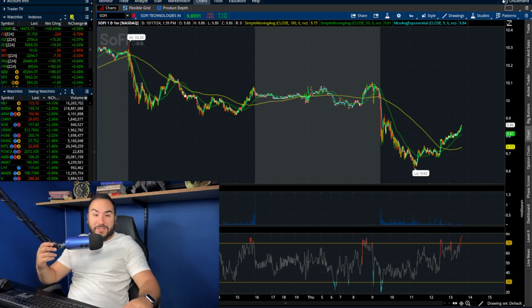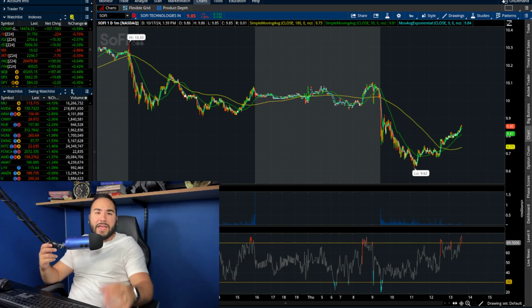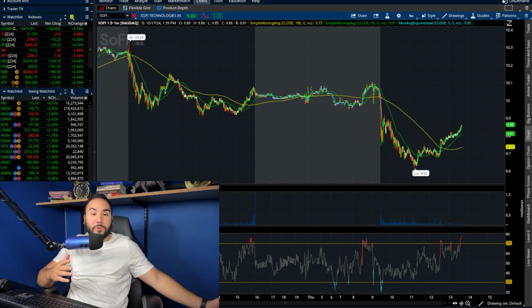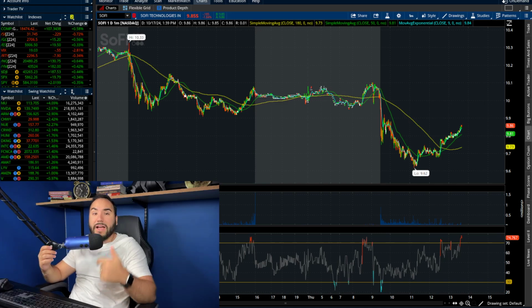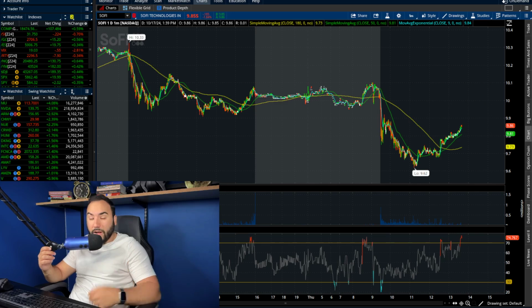So it looks like SoFi stock is taking a little bit of a haircut today, and don't mind my nasally voice right now, guys. My allergies are terrible, so bear with me. I'm sneezing every 2 minutes. My eyes are running. I don't know what's going on, but either way, we have to break down SoFi, the charts, now that it's taking a little bit of a haircut,